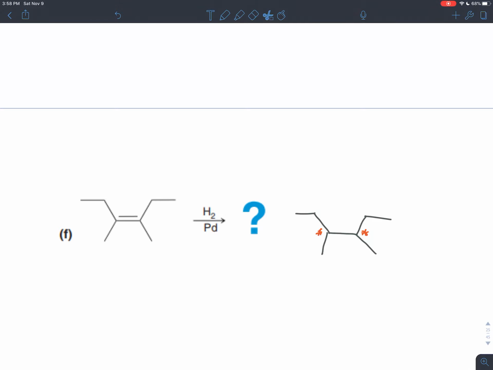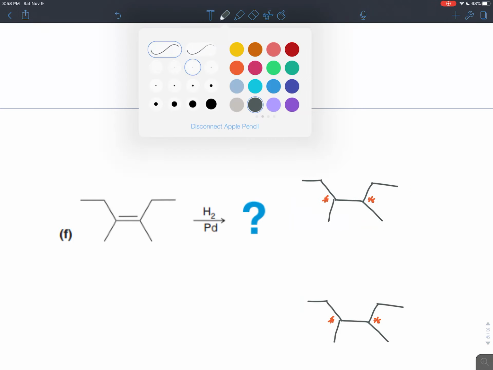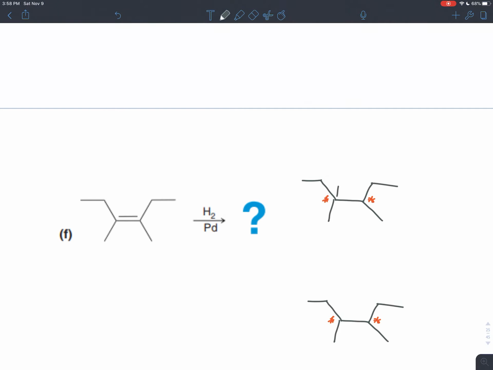Well, if they're both chiral centers, we have to draw the two enantiomers. So we're going to get two versions of this molecule. Now the hydrogens have to add syn. That's one of the things that happen in hydrogenation. So either they're both going to be coming out at you, in which case, to make the carbons that they're on tetrahedral, you'd have to push the methyl groups so that they're going away,